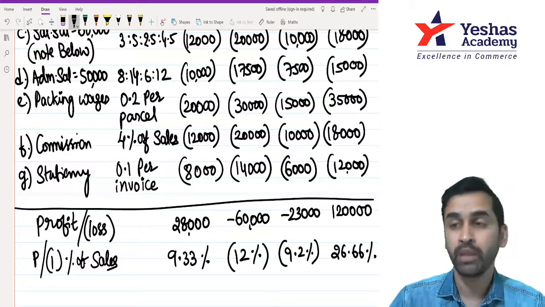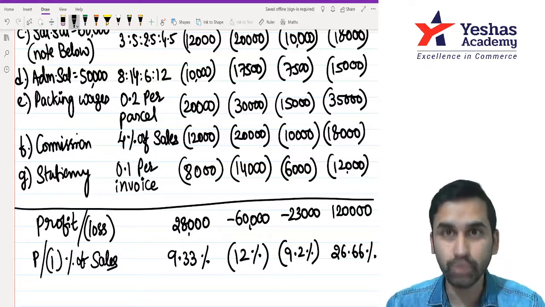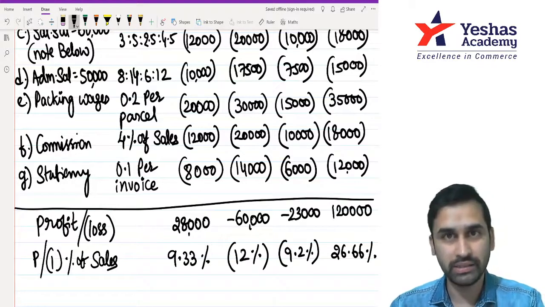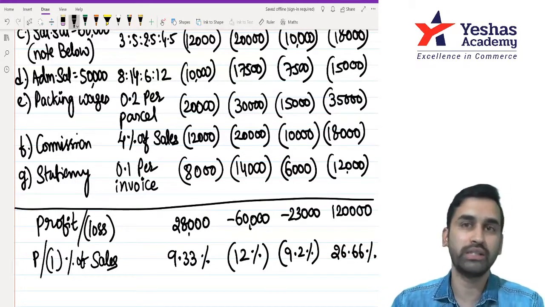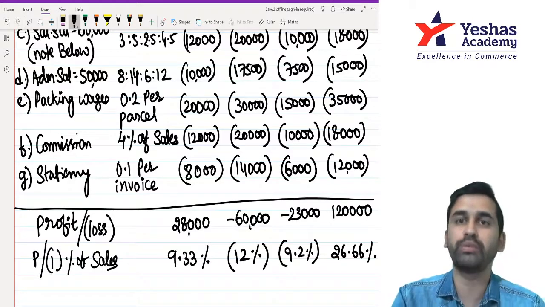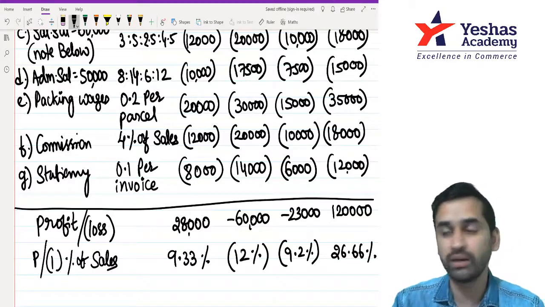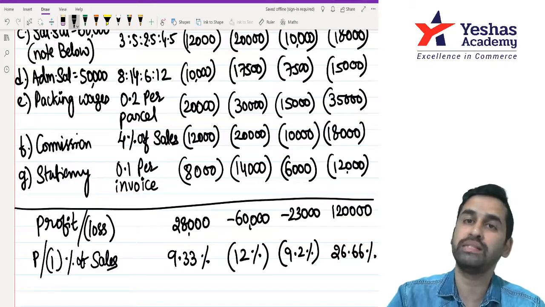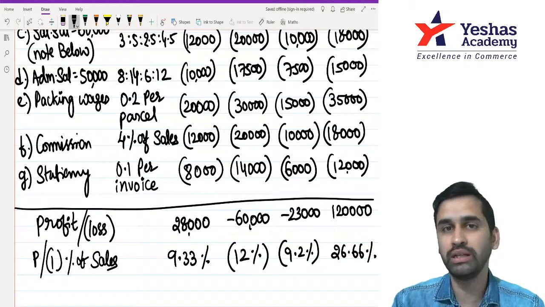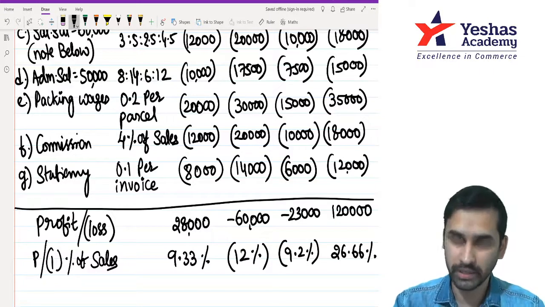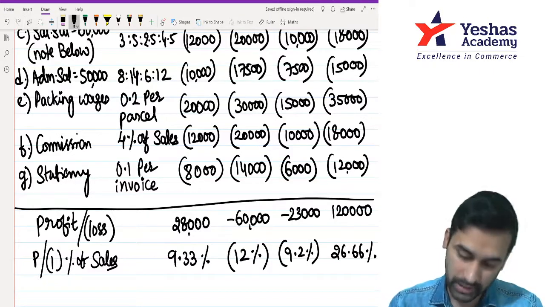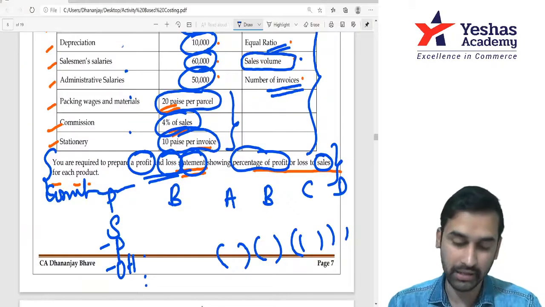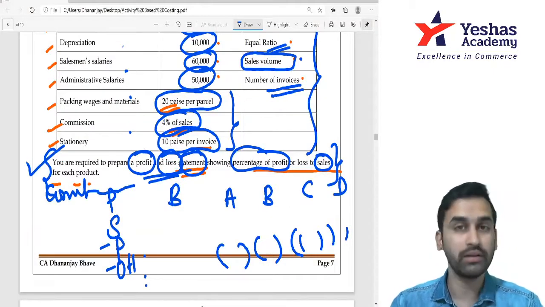Sometimes they say profit as a percentage to total cost, right? That time you know what to do, sales and then profit or loss, if you adjust you will get the balancing figure as cost, so profit or loss divided by cost into 100. Here in this question last line clearly says profit or loss on sales, so I did profit or loss on sales only. Got it? I think with this we have completed the answer. There is nothing else that they have asked, so I can say we are done.